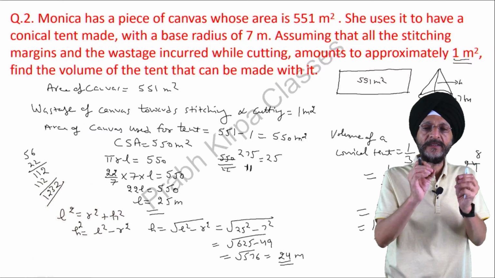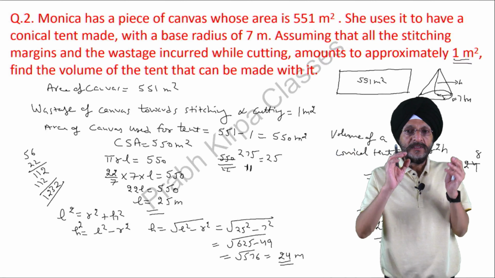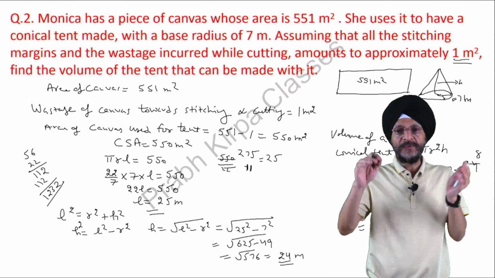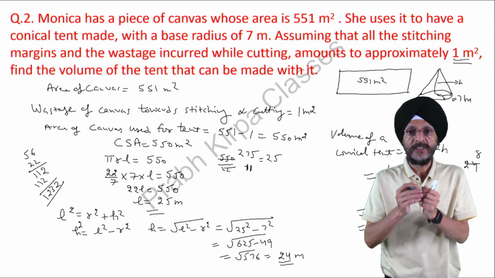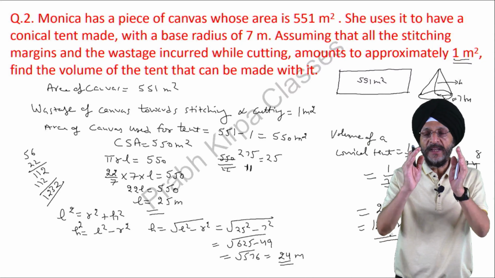And while making the conical tent, you understand that some of the canvas is lost towards cutting and wastage, and the cutting or wastage has also been given to us. When we reduce the cutting from the total area, we find out the actual canvas which has been used for making the tent, this curved surface area,